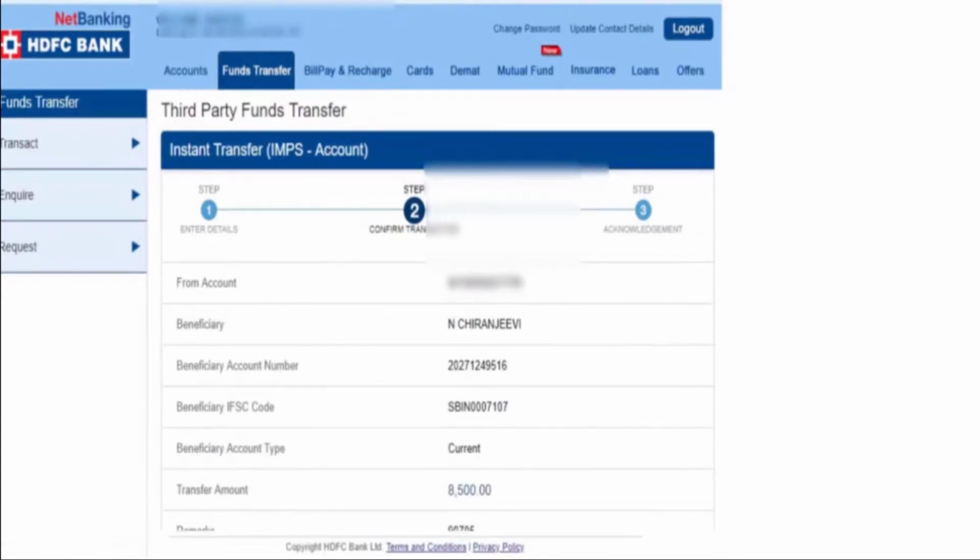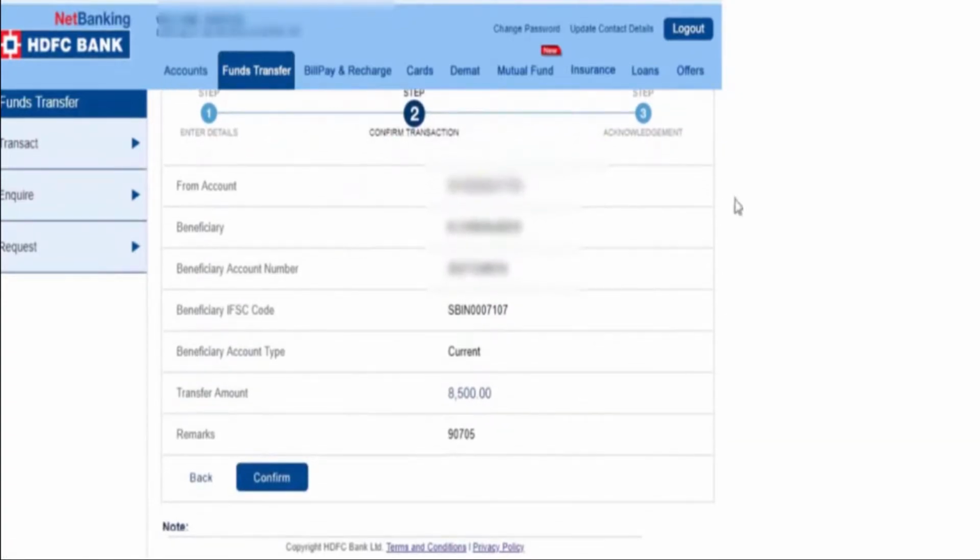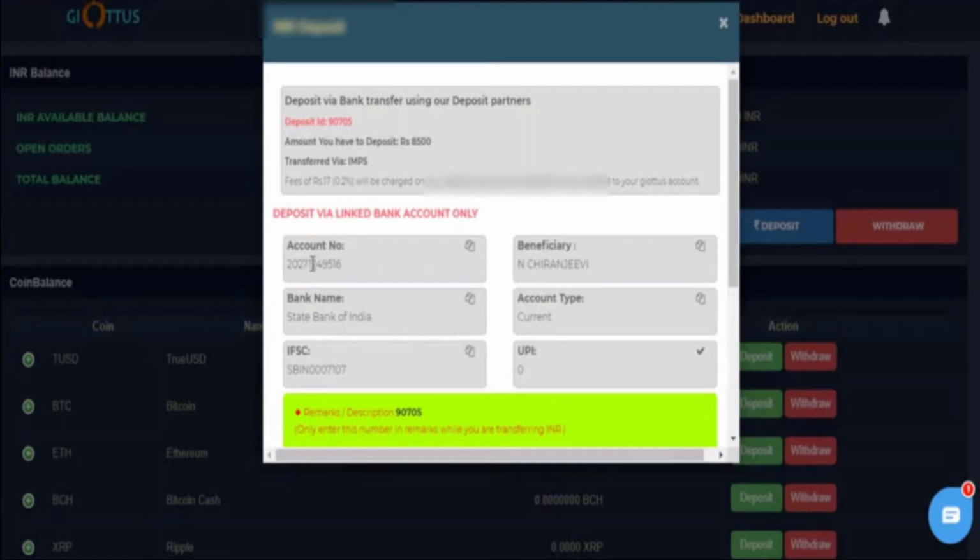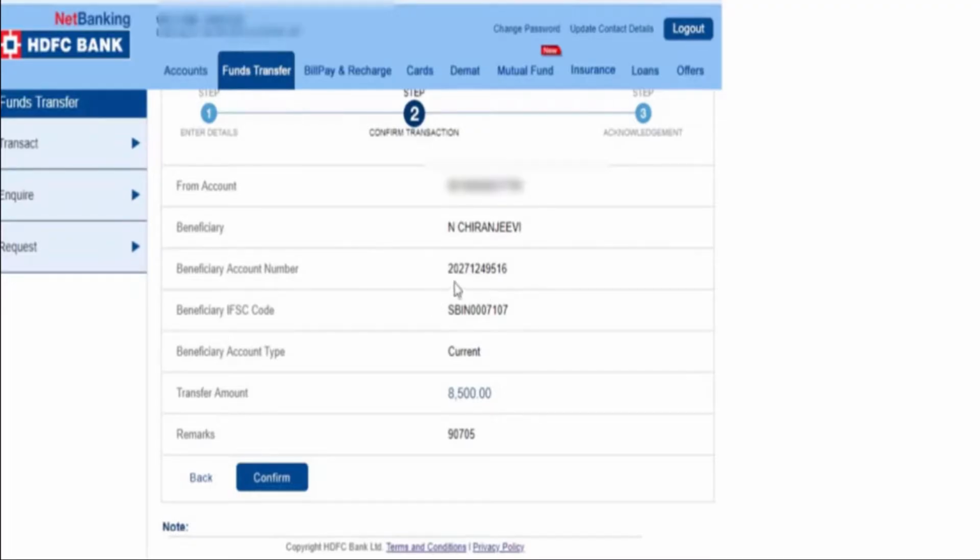You can again match the account details of the beneficiary where you are sending the money. Chiranjeevi, I am sending to the same account details, you can see over here, and the same account number. Match the account number and confirm.